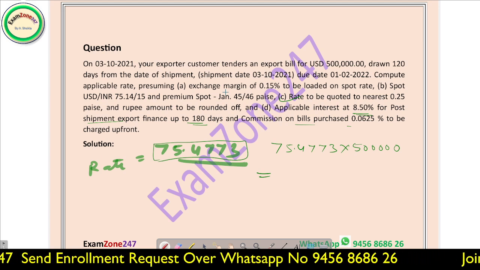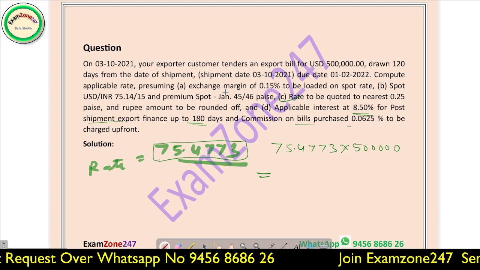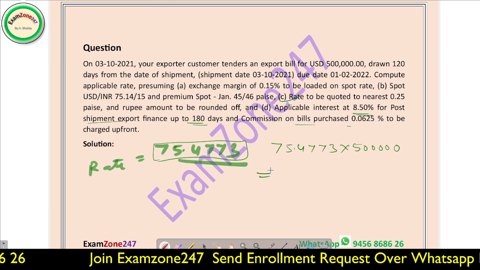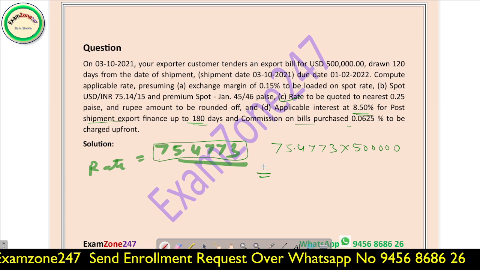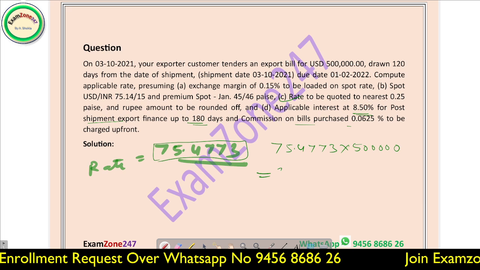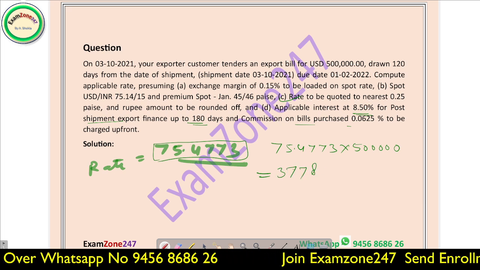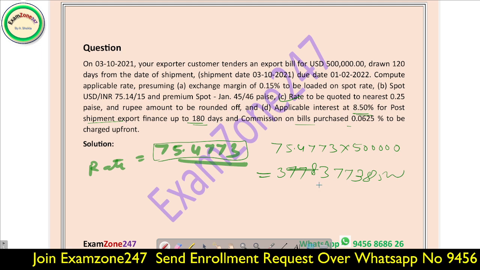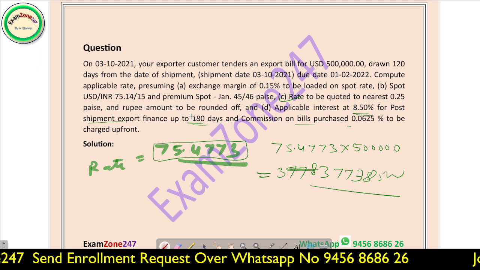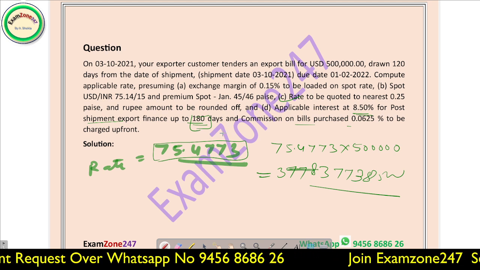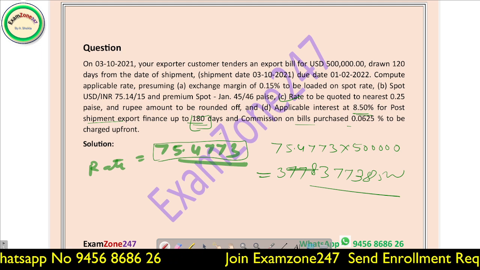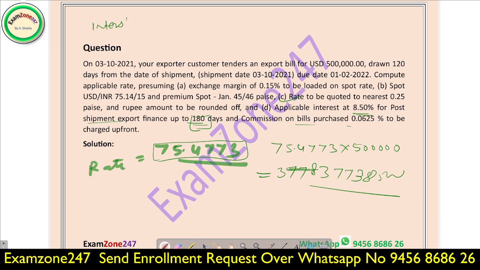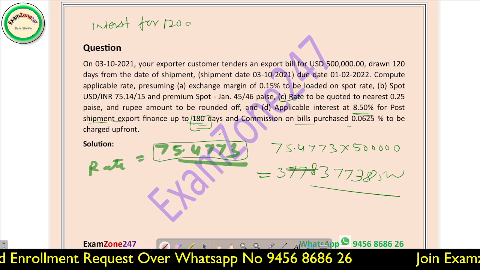This is the amount the customer will be receiving. Now this amount will come out approximately 377.38. In the question it is said that export finance was up to 180 days, but we will charge interest for 120 days only. Interest for 120 days